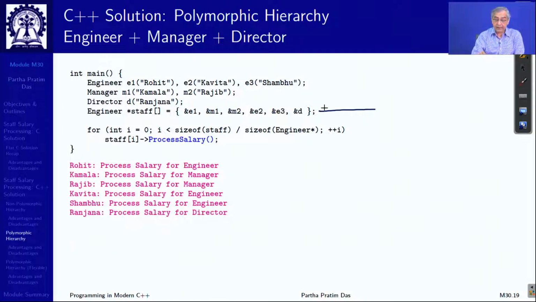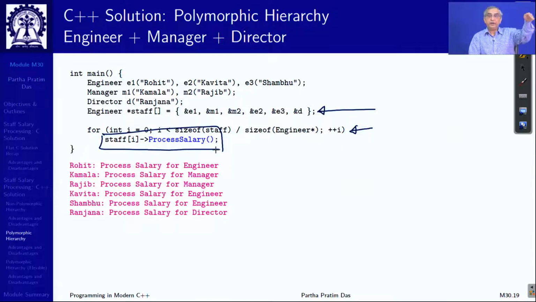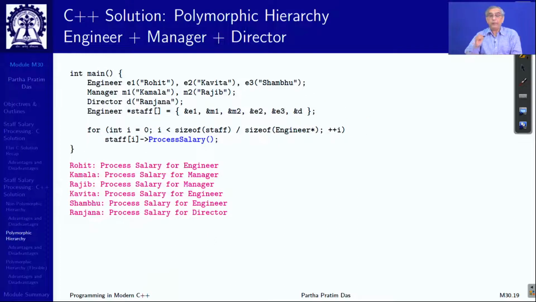Let us look at the main code. I still need the collection to be built, of course. The for loop does not change, but look at this. What has happened to that type switch? If t is equal to ER, do this. If t is equal to MGR, do this. If t is equal to DIR, do this. You have 20 types, long chain or switch. All that is replaced by only one call. How? Because now we have a polymorphic hierarchy where process salary is a virtual function in the base class engineer